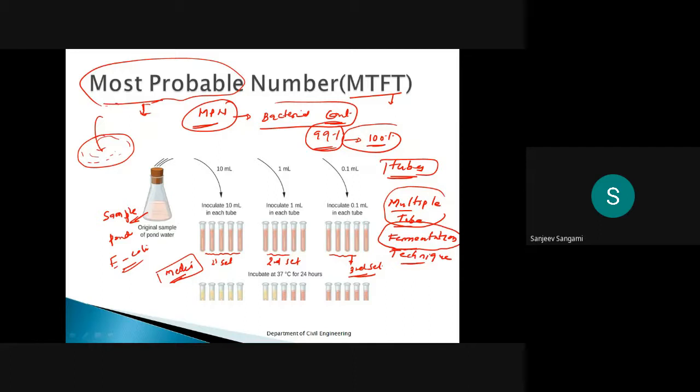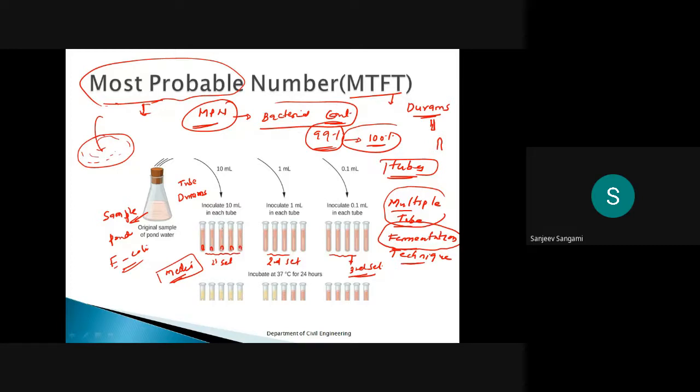Once you have added that, you add one small tube. That tube we call Durham's tube. It is a very small vessel. You have to invert it like this and add it inside.